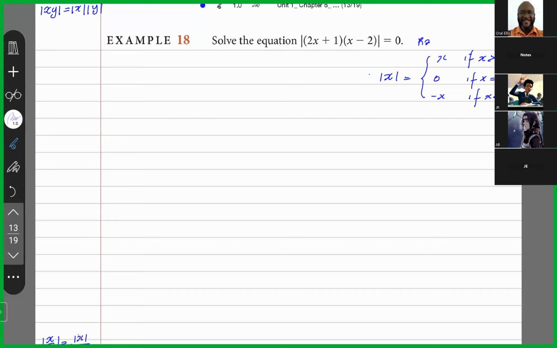All right, so example 18 says, solve the equation, the mod of 2x plus 1 multiplied by x minus 2 is equal to 0. So let us have a look at how our results could help us. In the top left, you will see results 2. And essentially results 2 says that the mod of 2x plus 1